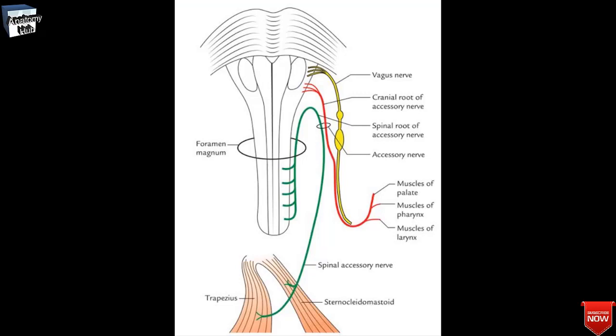So if you look at the clinical application of this 11th cranial nerve, that is mainly the examination of the accessory nerve. You can examine the accessory nerve by asking the patient to rotate their head and shrug their shoulders both normally and against resistance, and you can simply observe. The patient may also reveal signs of muscle wasting in the sternocleidomastoid and the trapezius in case of long standing nerve damage.